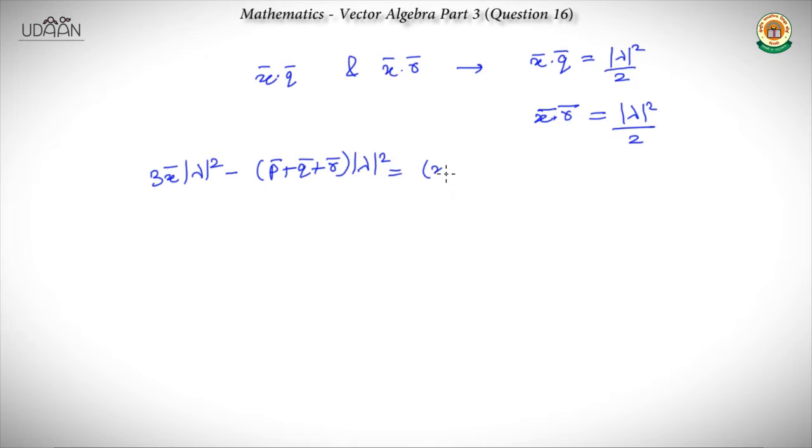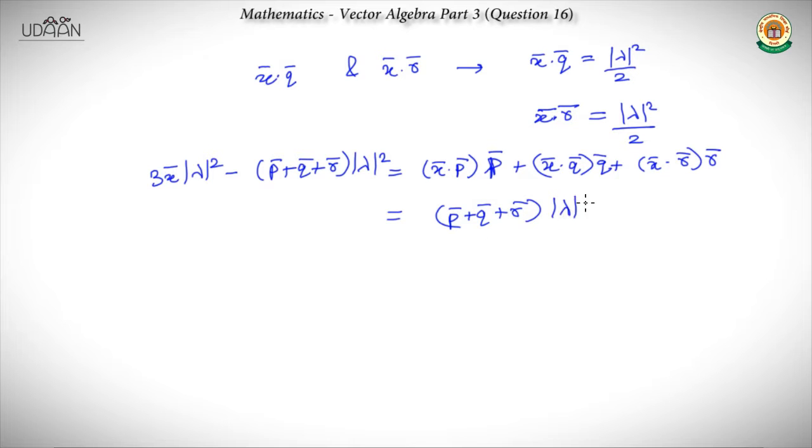It was given to be x bar dot p bar times p bar plus x bar dot q bar times q bar plus x bar dot r bar times r bar. Now these three values are given, so we substitute all of them into this equation. It turned out to be p bar plus q bar plus r bar times mod lambda square by 2. So we get 3x bar times mod lambda square is turning out to be 3 by 2 times